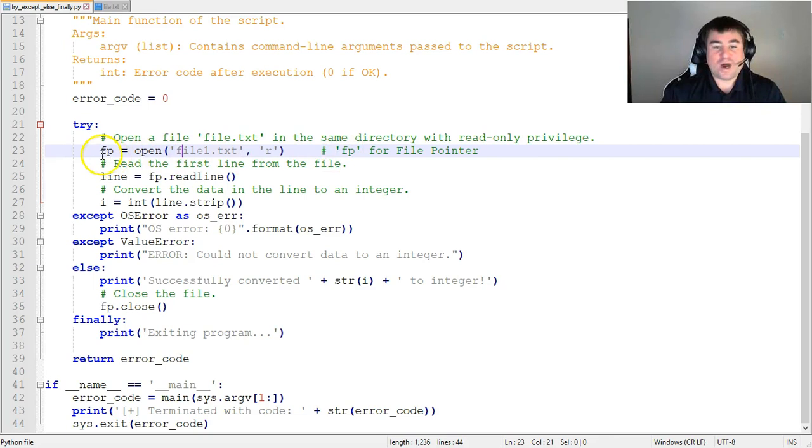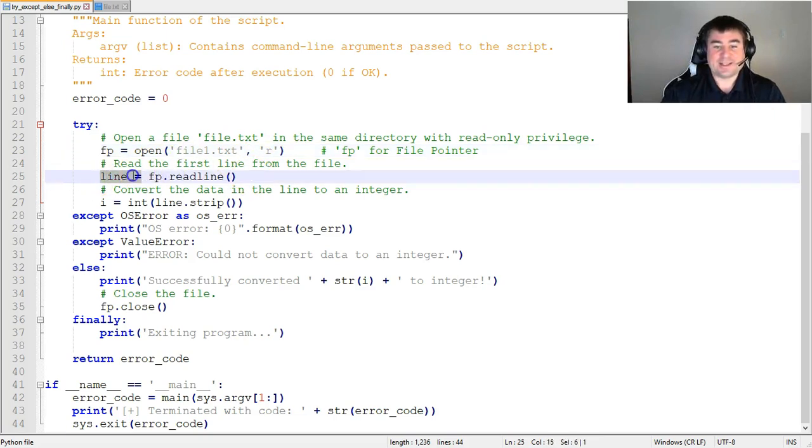And if you're wondering why I called this fp, it's not really descriptive. Well, actually, for this particular purpose, it is. It's kind of a convention. fp stands for file pointer. And we will not go into too much detail on how pointers behave. It is not needed for the sake of this example.